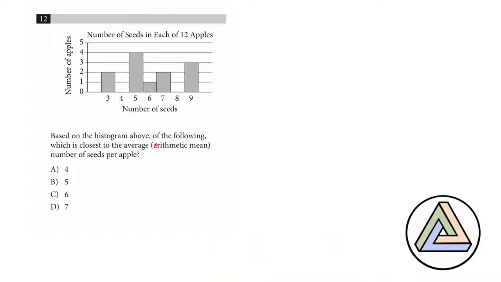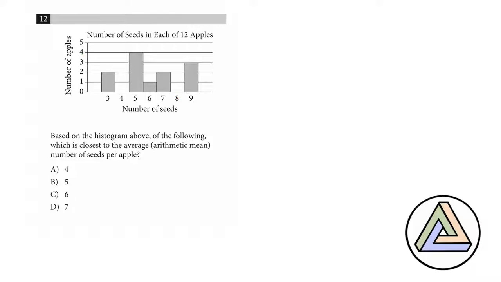Based on the histogram above, which of the following is the closest to the average, arithmetic mean, number of seeds per apple? Okay, so number of seeds are here. Some apples have 3 seeds, none of them have 4, some have 5, 6. And basically the way that this works, number of apples. So basically 2 apples have 3 seeds, 4 apples have 5, 1 has 6, 2 have 7, none have 8,